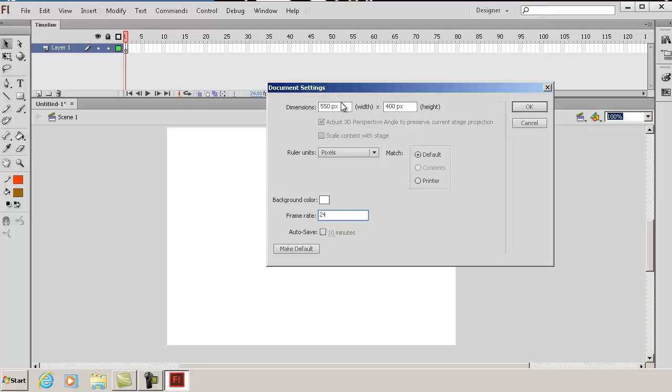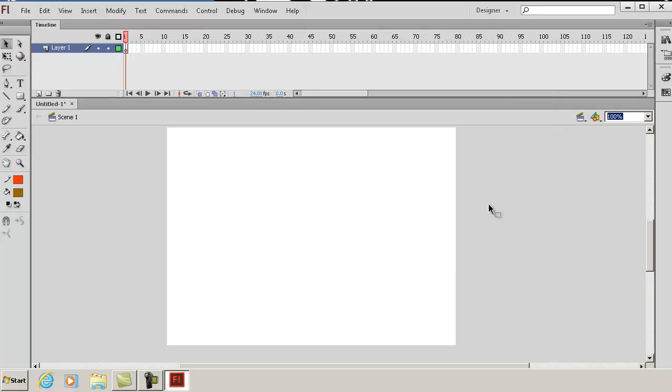So, I'll just bring this down so we can see it. 24 frames a second is the normal animation. Say okay. So that means I need 24 of these frames. I need to get all the way to here, 24, to make 1 second of film. Alright, let's have a look. I'm going to start showing you something that is old school animation. So this is how you would have done it back in the old days, where you had to draw each individual frame. So I'm going to draw a face,